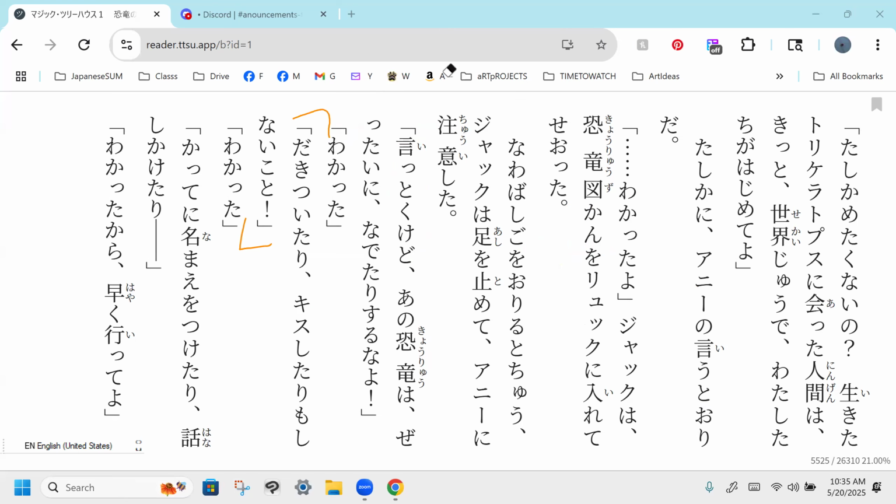抱きついたり、キスしたりもしないこと。Also, don't hug it or kiss it. Perfect. Wakatta. I got it. And also, don't goes to Afifa. 勝手に名前をつけたり、話しかけたり。